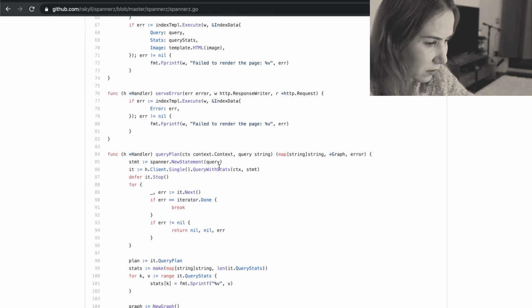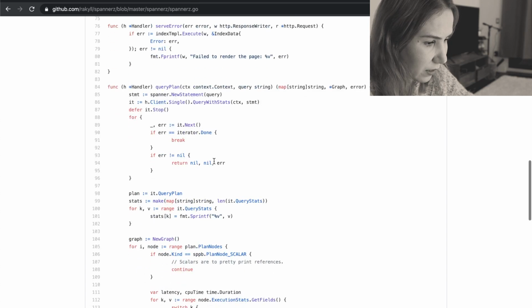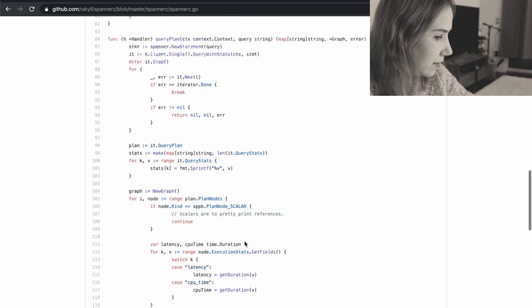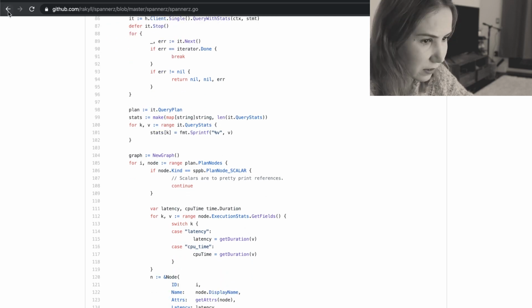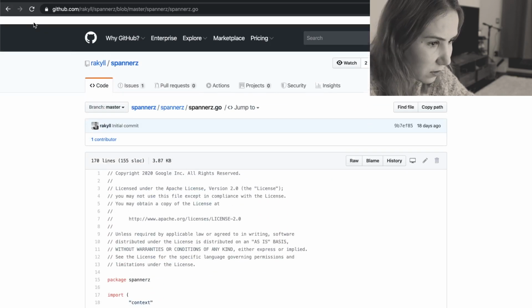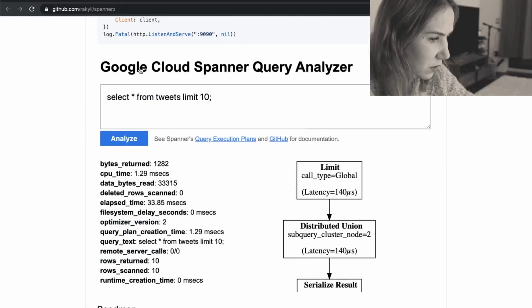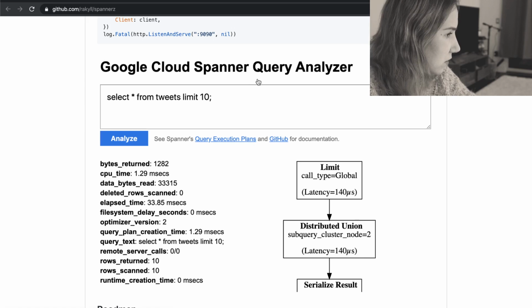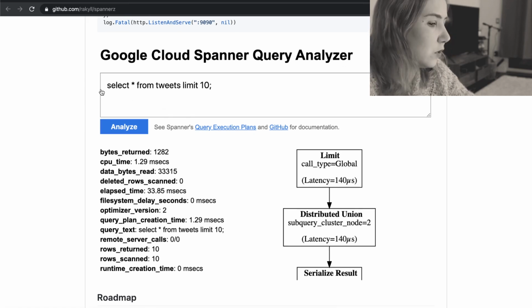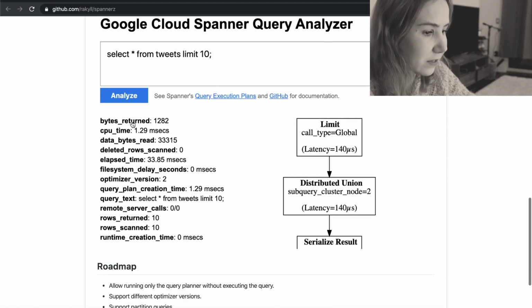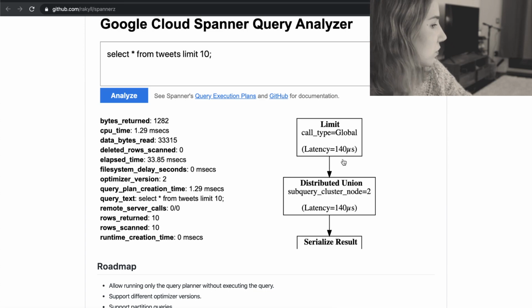It analyzes the query, and then takes the query plan and creates that dot file, which was in the... here. So it just serves a page like this, and then as soon as you run that query, well, all my examples have this stupid simple query, but never mind. What it does is actually return this